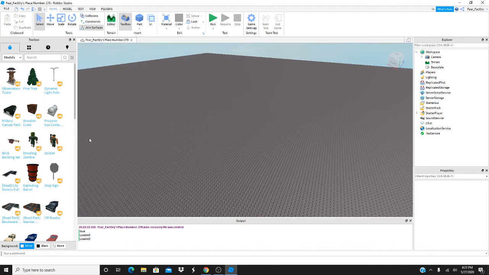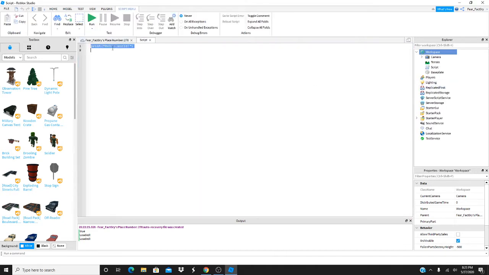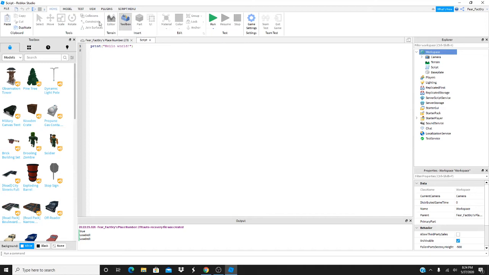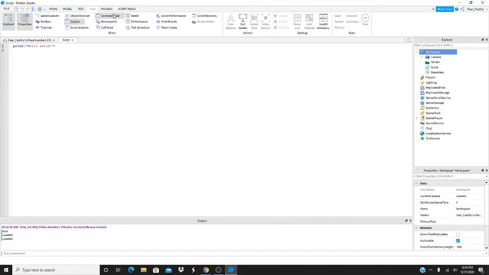So, what you want to do is go to Workspace and press Script. Nothing too hard with that. And so, as you can see, it says print Hello World as the default code in the script. What you want to have open while doing this, you don't necessarily need toolbox right now, but you want to have output,